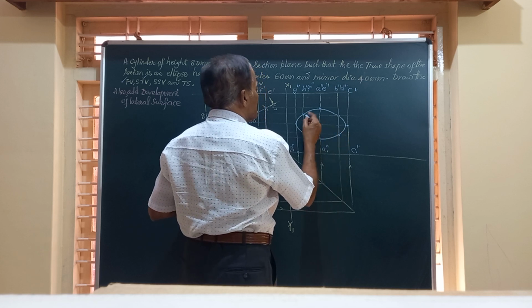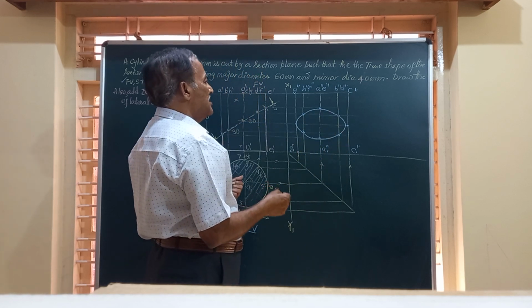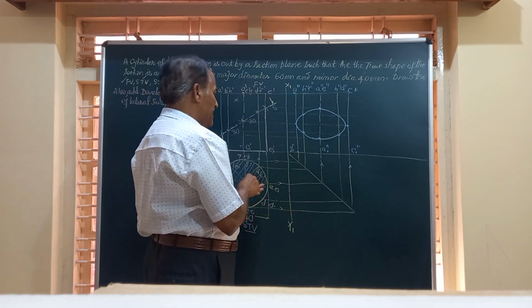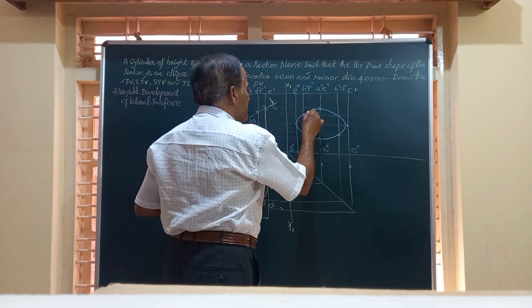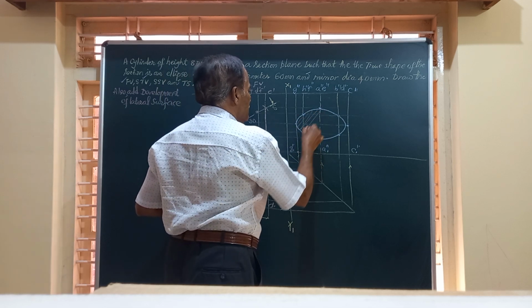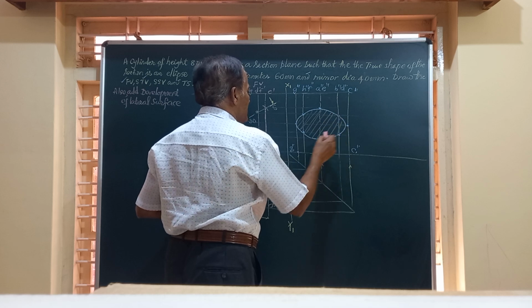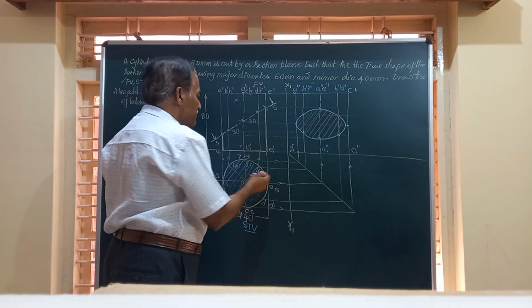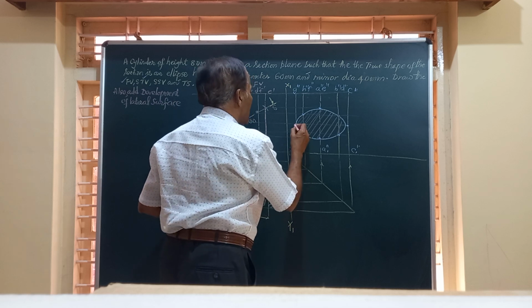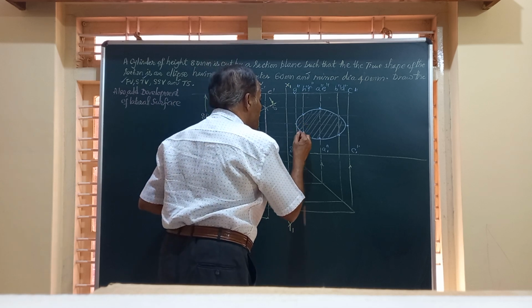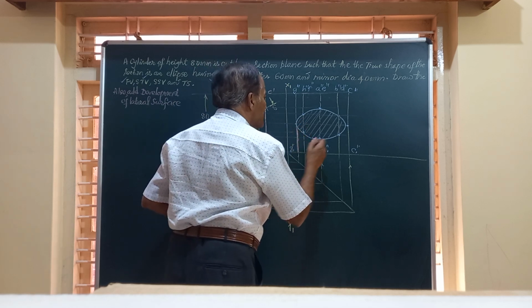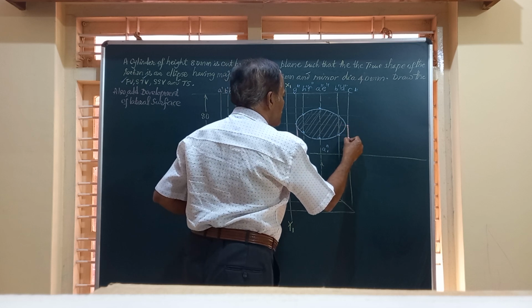This is how, friends, you are going to get an ellipse in the end view. So we have to hatch it or section it by drawing lines at 45 degrees to the horizontal. Friends, the bottom portion is retained. So I am going to show that bottom portion of the retained part by